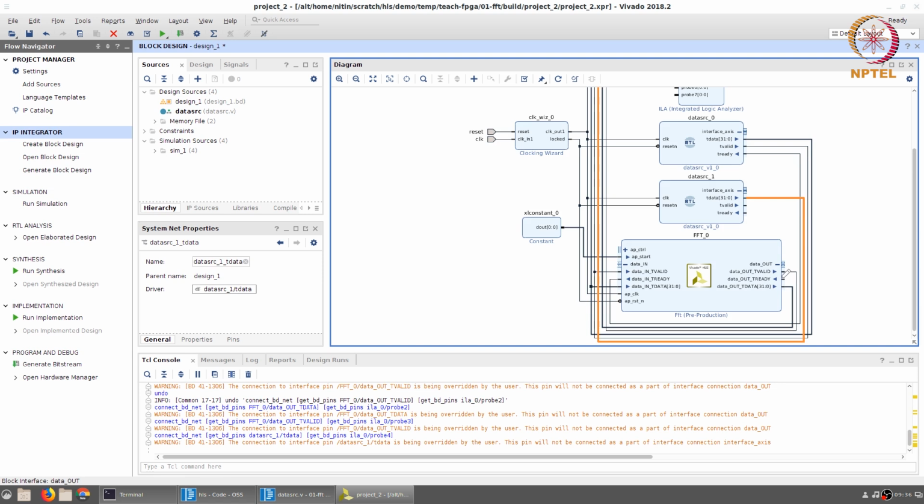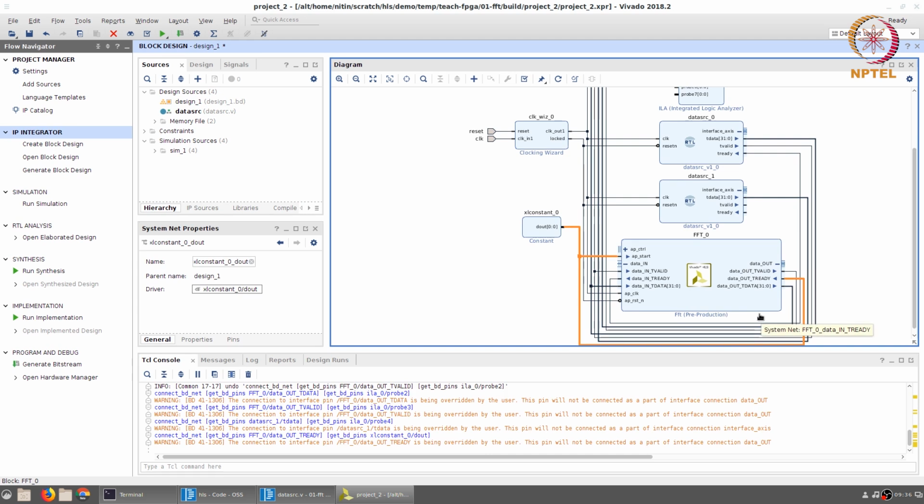One is, what should I do for the ready signal of the FFT0? Since this is just a test module, I want the FFT to always generate its output and send it out in sequence as soon as it is ready, because I want to monitor it on the ILA. The simplest way to do that is set the ready signal equal to 1, the same constant that I connected to the start signal of the FFT.